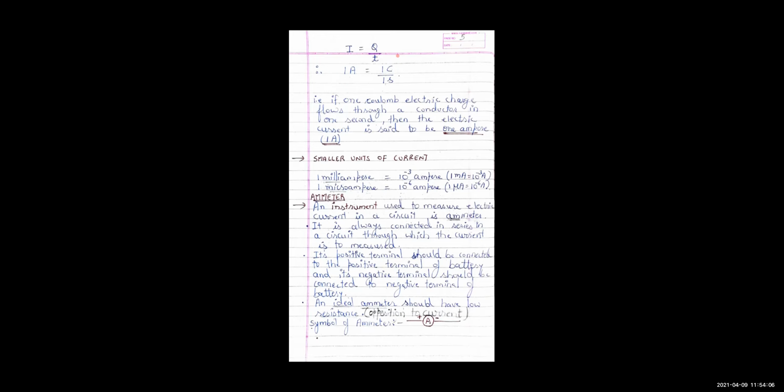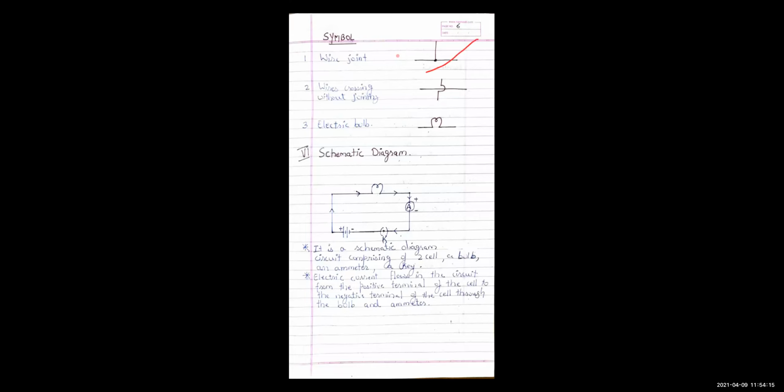Okay children, now these are the symbols for wire connected. If you are having the wires connected with each other, then you are going to show them with a dot like this, right? Dot means here you have connected them. And if you are having the wires which are just lying over each other, they are not connected, then you will show it with this symbol, right? These two wires, they are not connected, they are just one over the other. And symbol for bulb is this, right?